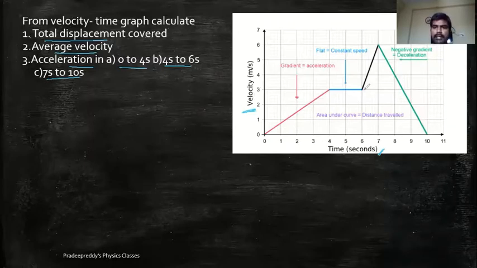Now from the velocity time graph, see, this graph is uneven. It's not like from 0 to 4 second, it is a straight line passing through the origin. This is case 2. From 4 to 6 second, it is a straight line which comes under case 1. 6 to 7 second, again it comes under case 2. 7 to 10 second, again it comes under case 2. Overall you should add them so that you will be getting the net figure.